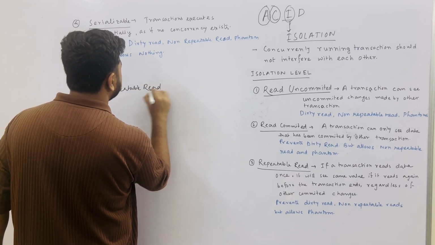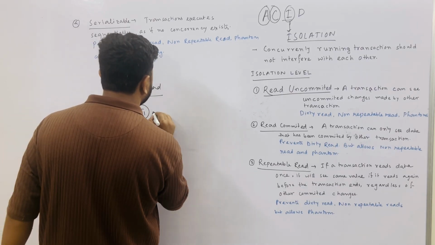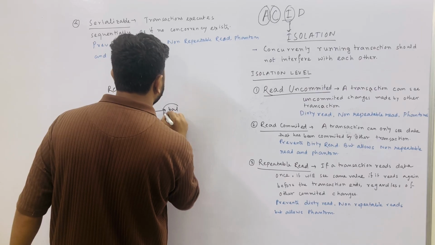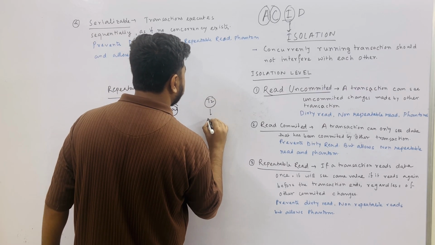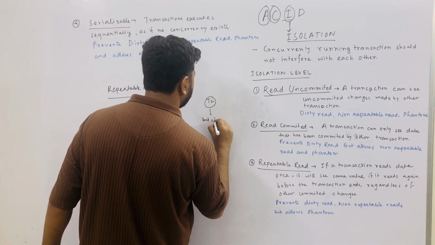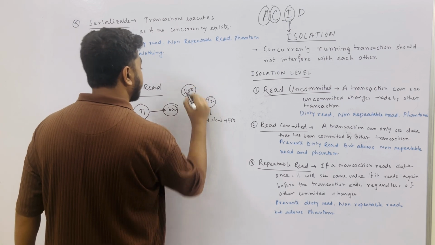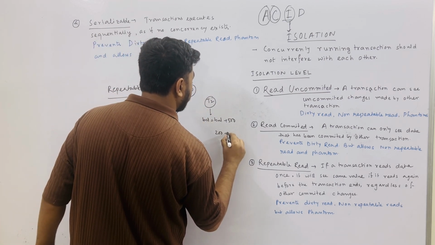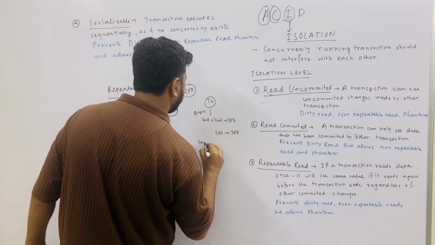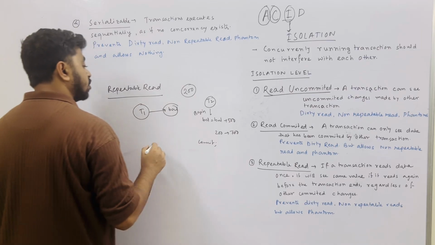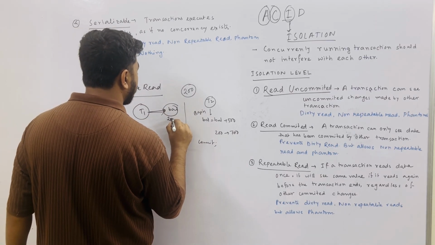Repeatable read defines this: suppose a particular transaction is running and fetching the balance value, and it reads the balance value once. Another transaction is running and updating the balance, balance equals balance plus 500. Suppose the earlier balance value is 200, then the balance will become 700. This is also a transaction, with begin and commit. Got it? So suppose T1 fetches the balance value and gets 200,